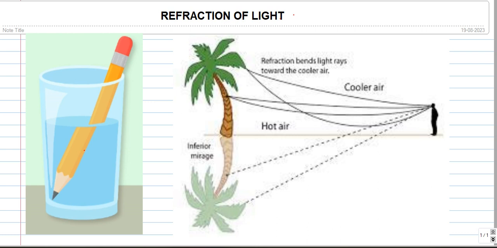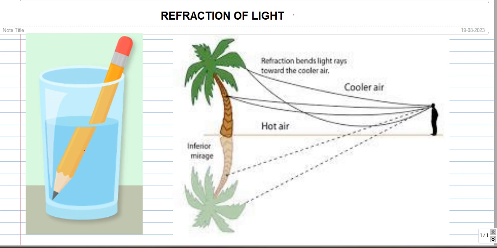So what is a mirage? When you travel in a hot place, say if the temperature is very high, we are traveling in a car, we will be able to see a patch of water at a distance. So what is this patch of water which appears? There is no patch of water, as we all know. There is no water there. It is just road. But still we see a patch of water appearing when we travel in a car or anything.